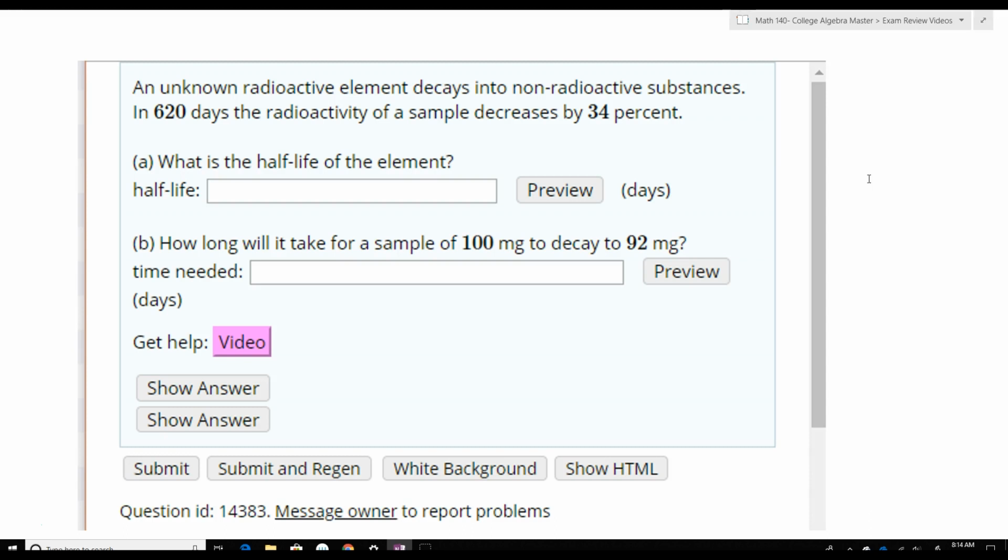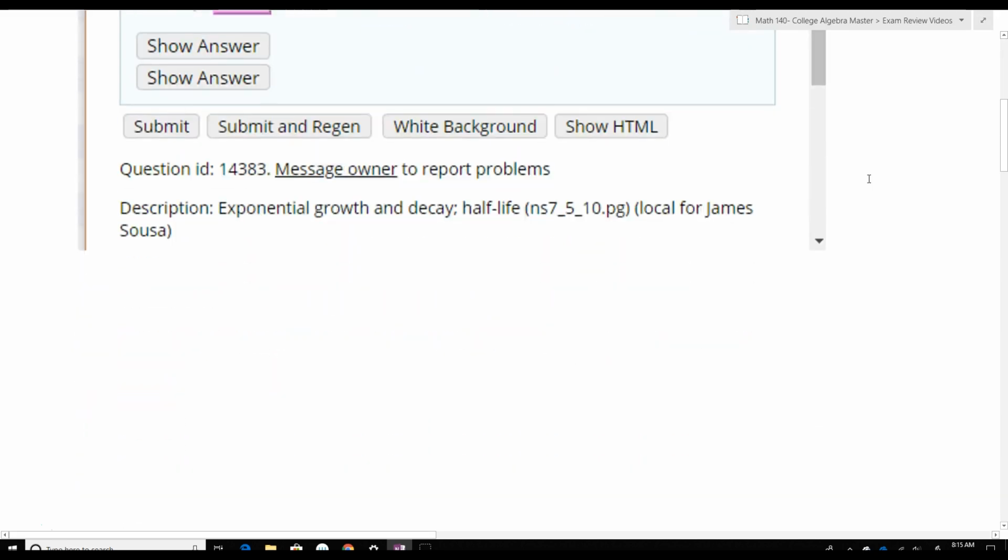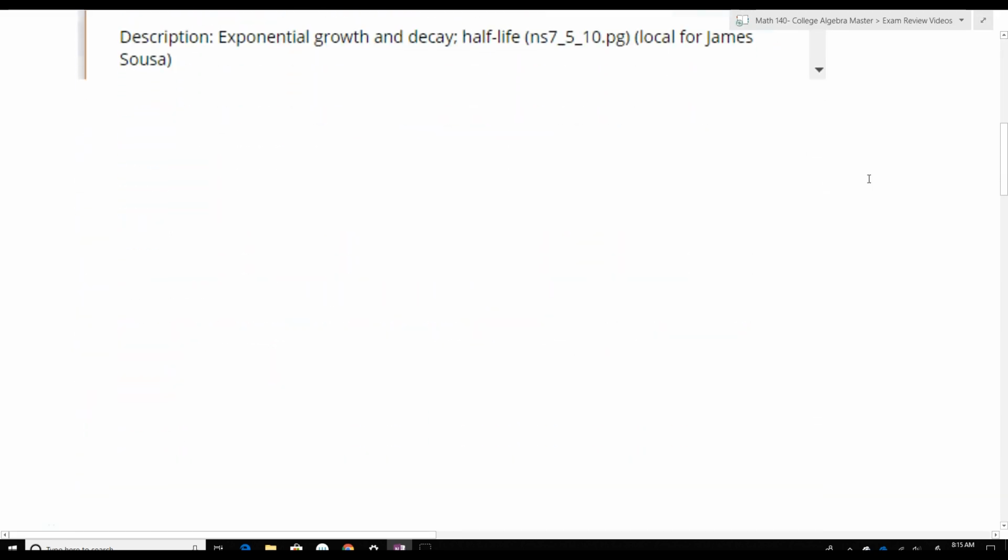Okay, so there's a couple of things that I want to get here. One is that we have this radioactive element, right? And it says that the sample will decrease by 34%. And one of the things that we want to know is that for radioactive elements, we have a function that actually models those elements. Okay, so that function is P equals P naught e to the RT. Okay, where P is the amount of the element after T time,